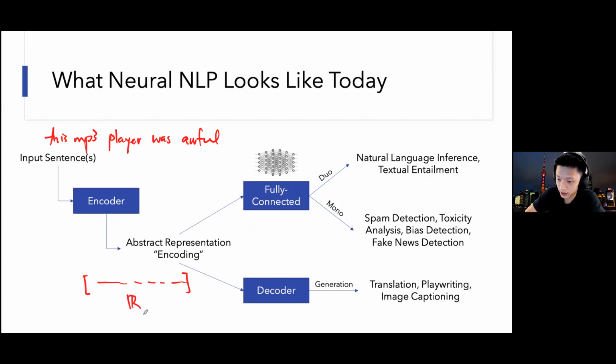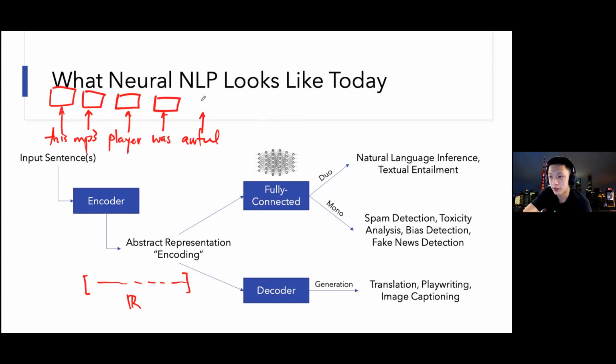These are all on the real number line. So this is just a list of real numbers. And this might seem really confusing to you at first, but remember, what did we talk about yesterday? We have an RNN that takes in a bunch of these inputs, say that this is our sentence, then we